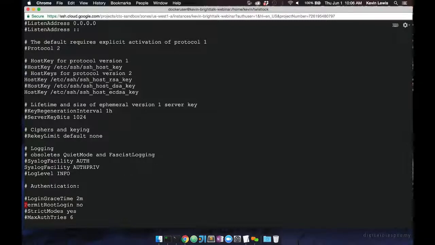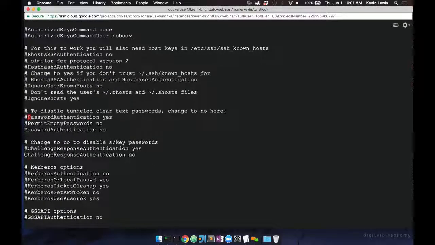The second thing you'd want to do is disable password authentication. So we'll search for that here. We'll see here that we set the password authentication to no. And what you're doing here is removing the ability for username and password combinations to SSH into the machine and enforcing users to have secure certificates to authenticate. What this does is, first, they have to have a certificate, and second, it removes the ability for brute force